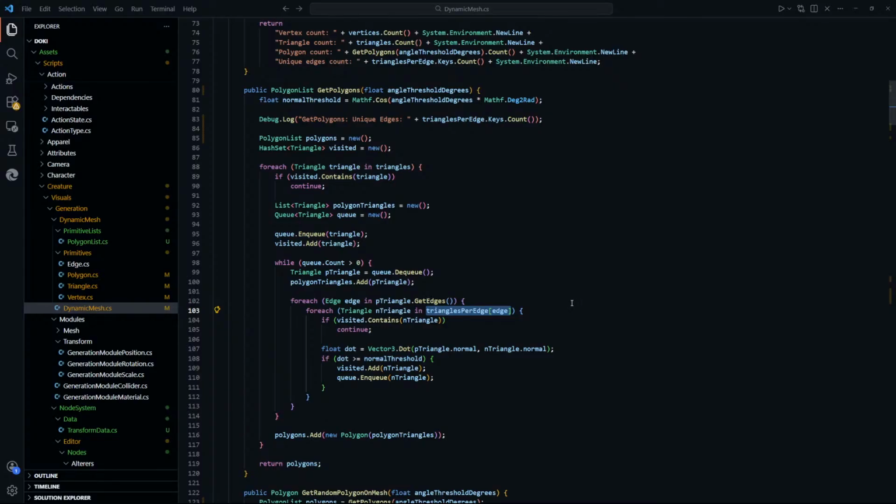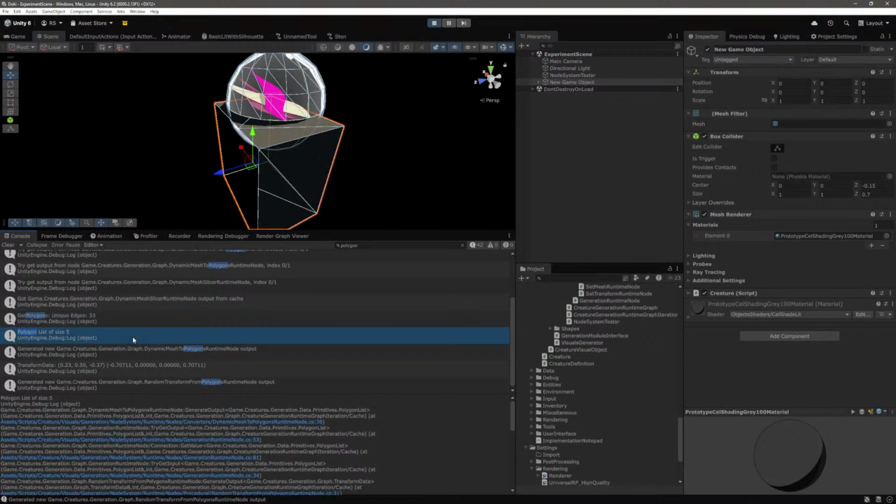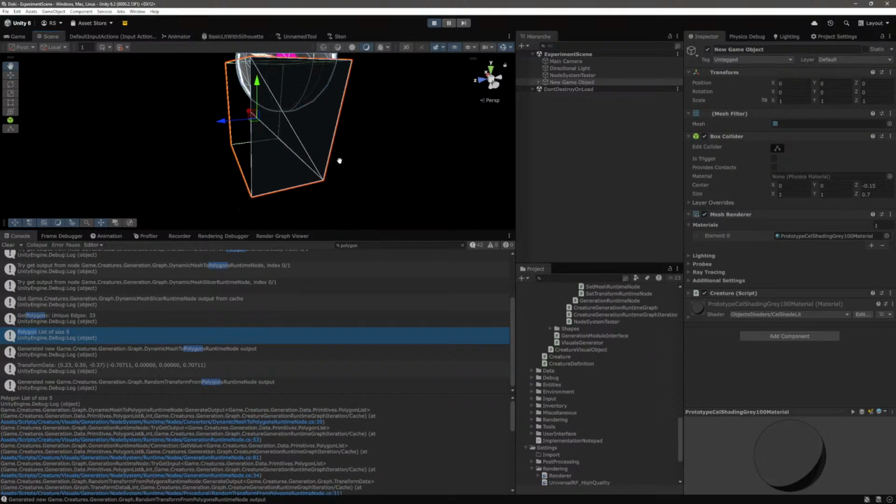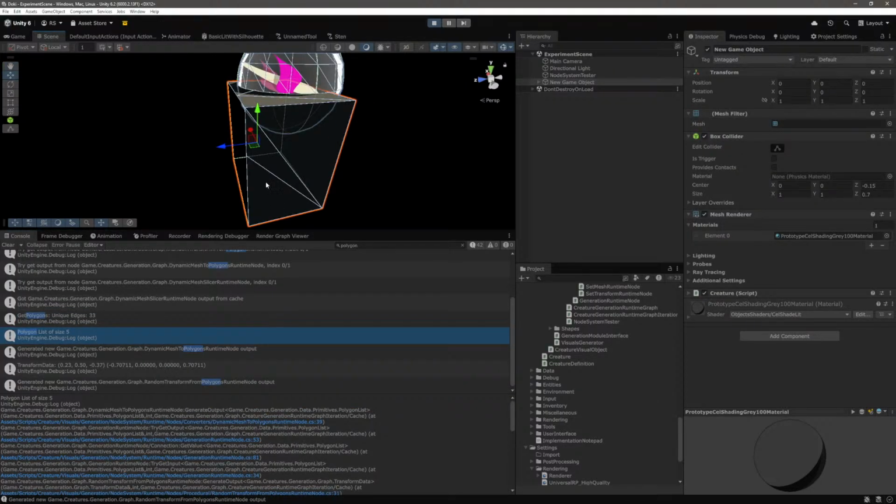I wonder if we're working with a... That shouldn't be the case, but I'm wondering if we have a little bit of a mismatch in the equals method and the hash code comparison methods. 33 unique edges is definitely too much to just get 5 polygons. This data doesn't make much sense to me. When we flood fill this mesh, if this triangle and this triangle don't share this edge,